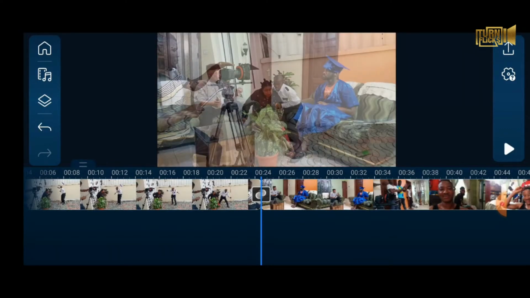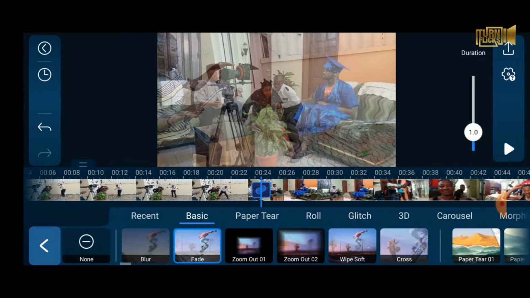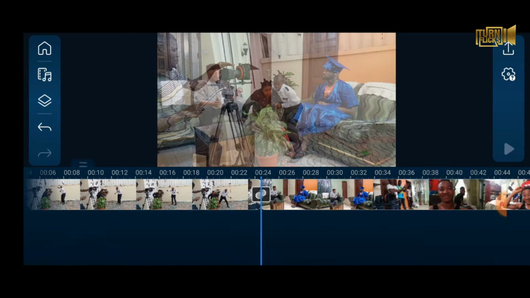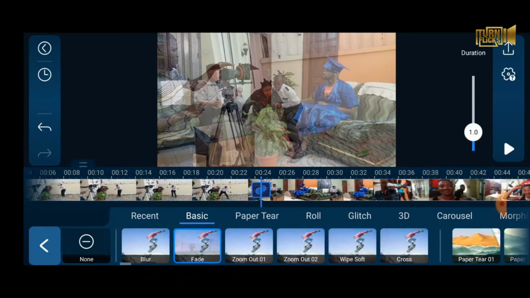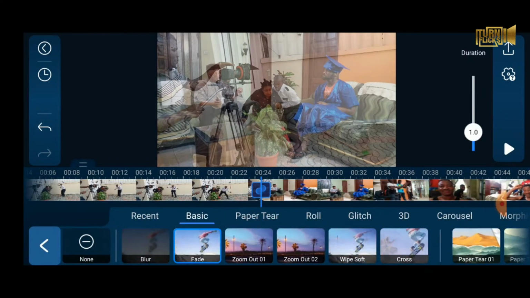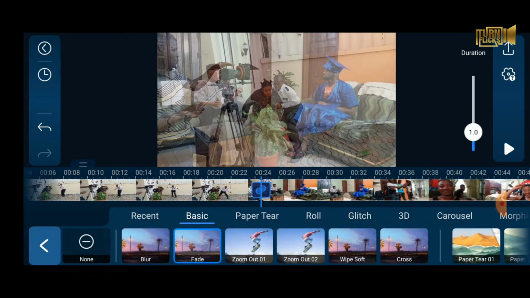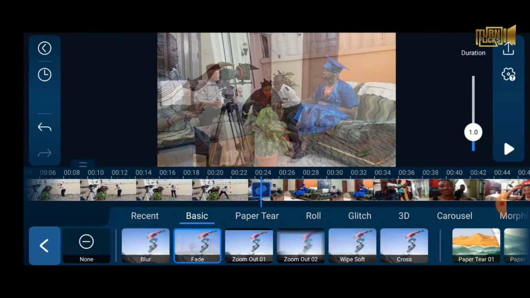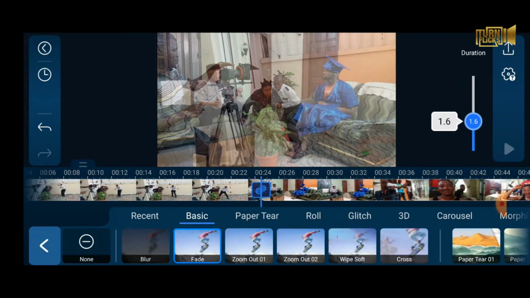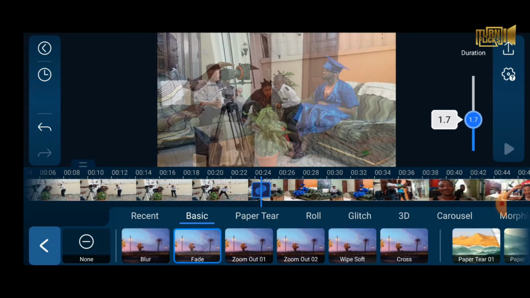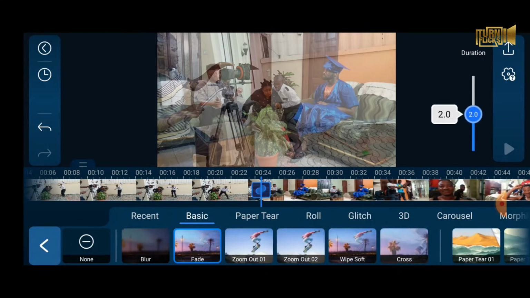And this software again gives you the ability to do different things. You can decide to make your transition last longer. If you press the transition point, on your right hand side, you will see a slider showing 1.0, which is the duration of the transition. If you increase it, it means the transition will stay longer. So if you increase it to 2,